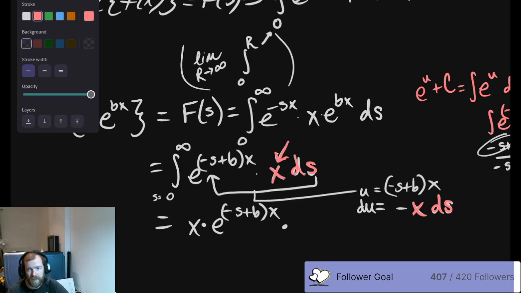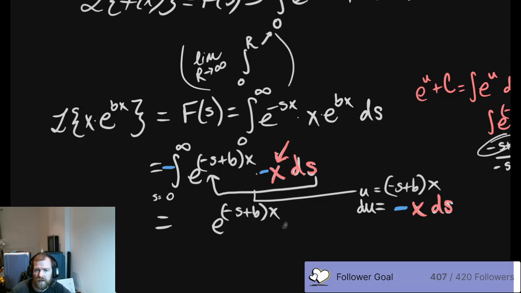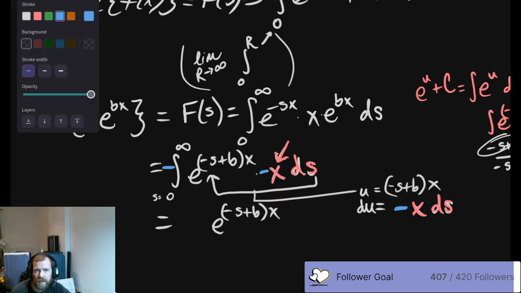The only thing we don't have is a negative. So in order to get that negative, again, we're going to pop this in here and also on the outside, or -1 times -1 on the outside, bring one of them in. However you want to do it, it's all the same stuff. So what that does now is it says, well, that's not going to be there. Instead, this is just going to be a negative e to the negative s plus b parentheses x.